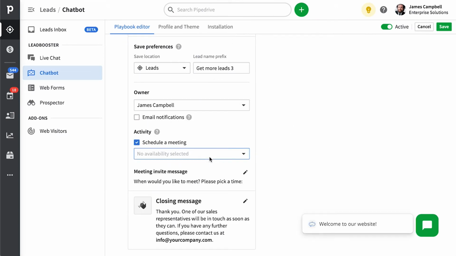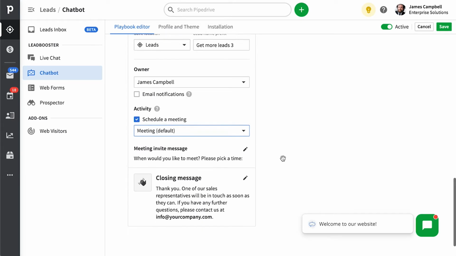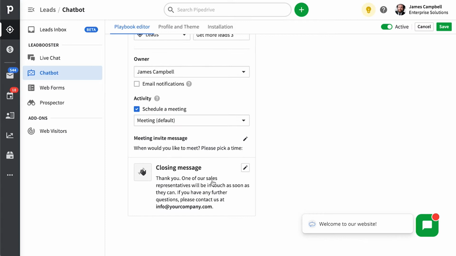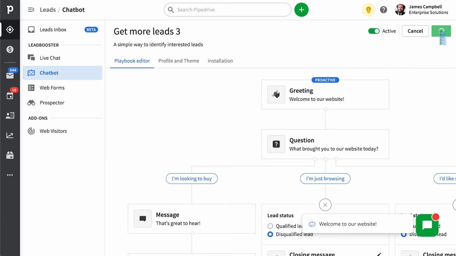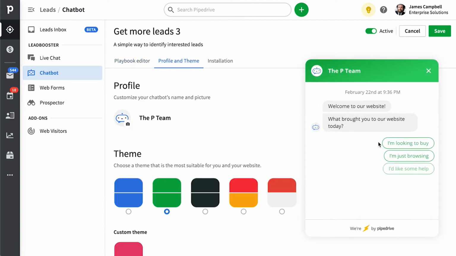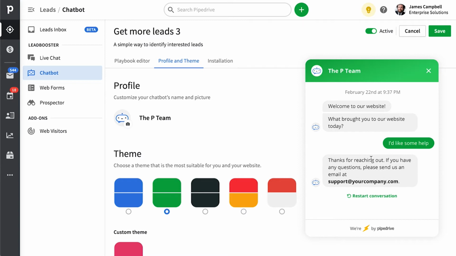Each user sets their own schedules, and so then you can utilize those schedules in this chatbot. But once we've configured the scheduler, we can set our closing message and we're good to go. From here, we can save our playbook and preview the theme again. And then here you can access the embedding instructions and codes you'll need to host this particular bot on your